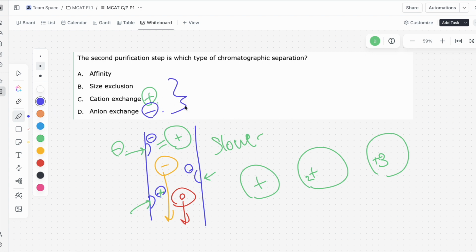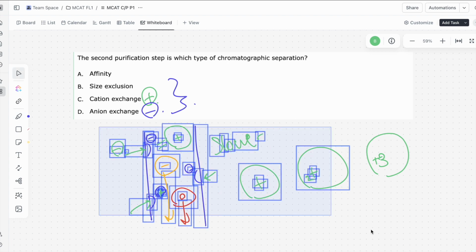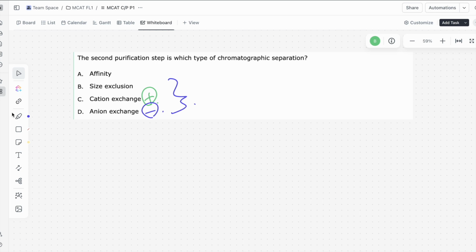So definitely review these. I'm just going over these briefly, maybe not satisfactorily for you guys, but I do want to briefly remind you what these different types of chromatographic techniques are in case you need a refresher. So keeping this in mind, if we think about what nickel and histidine is, well,